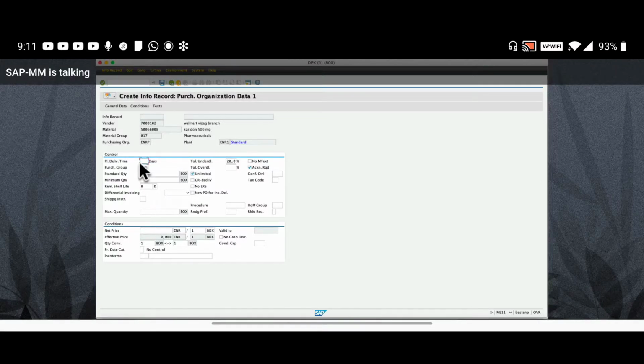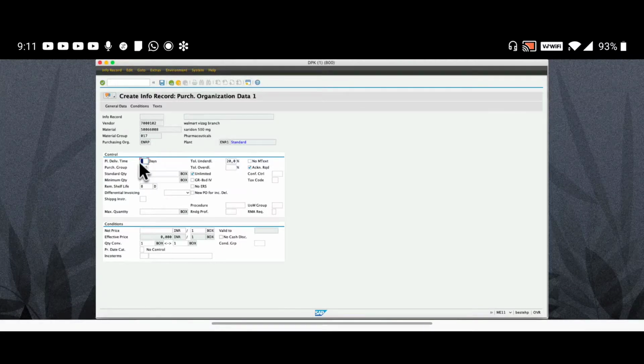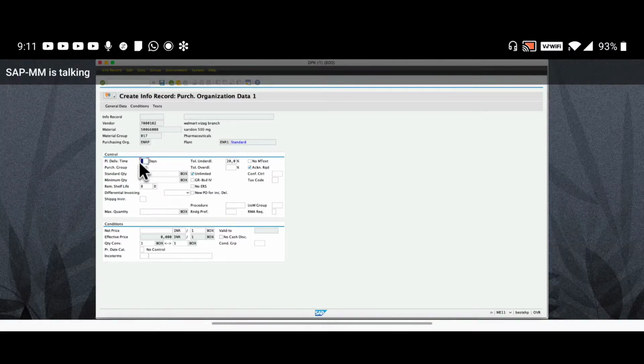This field will copy from vendor master. And if required, we can edit here. Already you know this because in vendor we have discussed this.